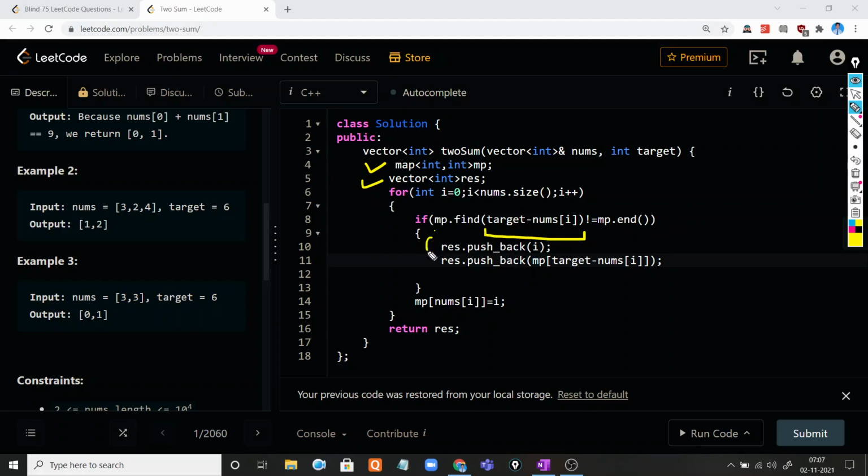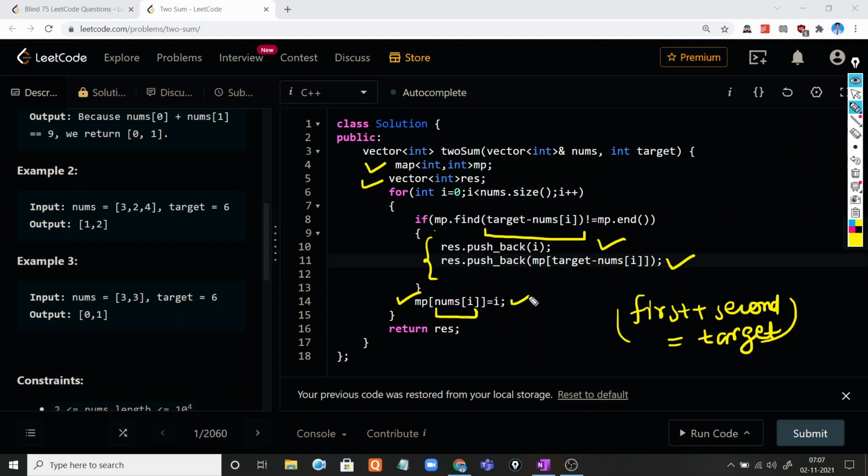If it is present, we store the index of the current element and its corresponding element, whose sum is equal to the target, first plus second equal to target, right? And every time we put the index of the corresponding value into the map, because we want to fetch the index, not the value. So that's why every time we put the index, and after that we return the result.